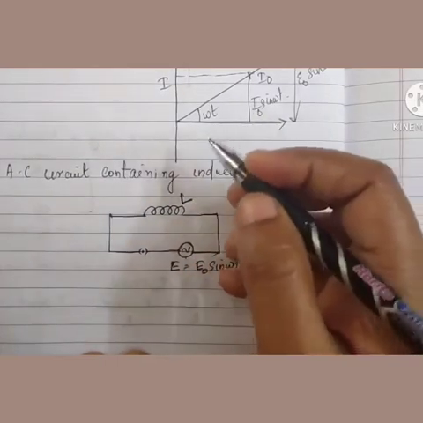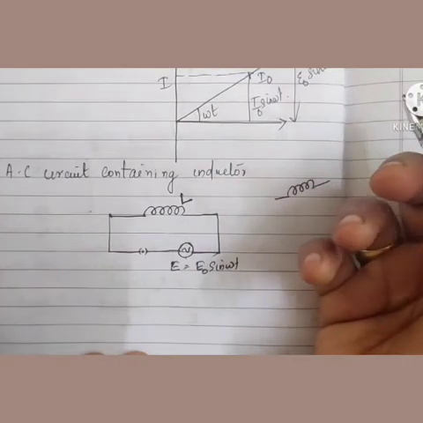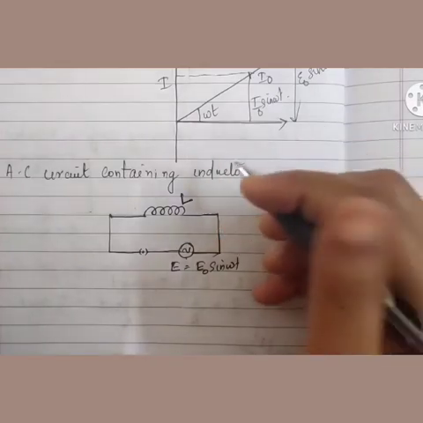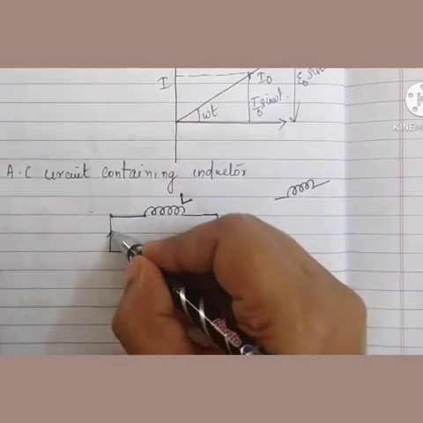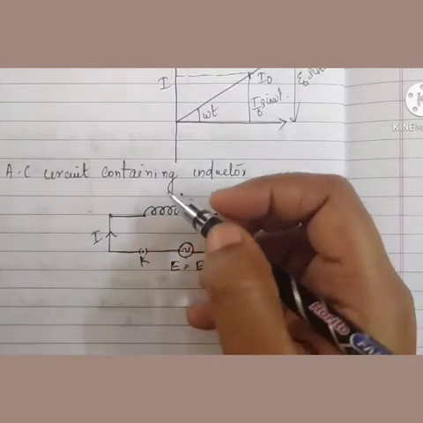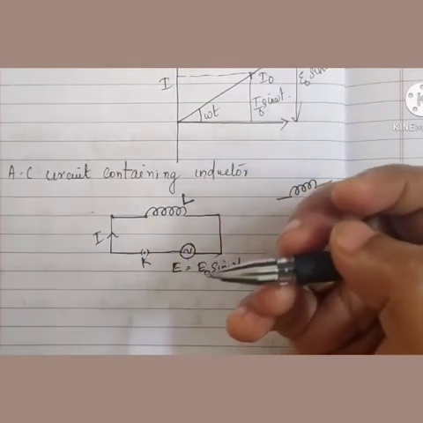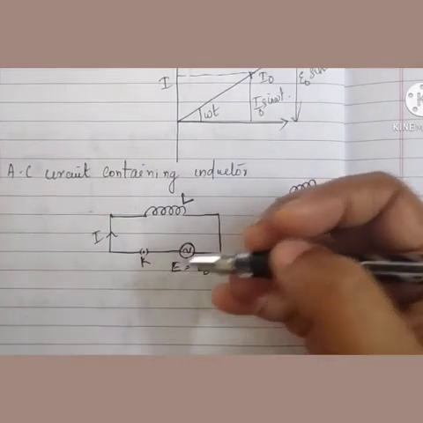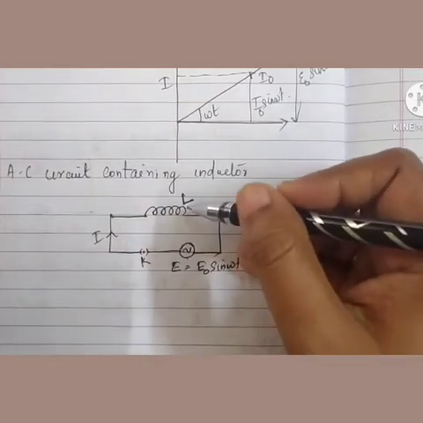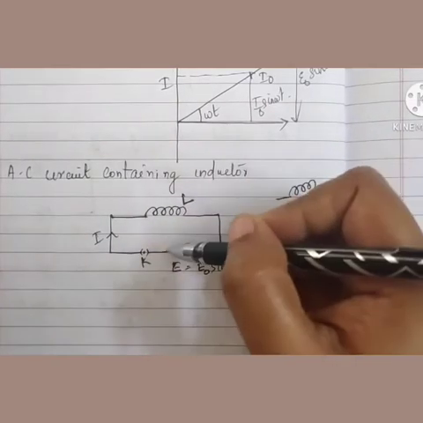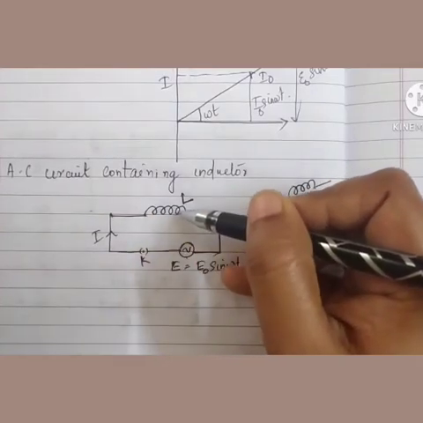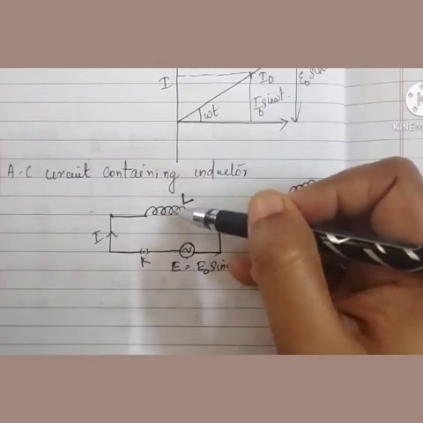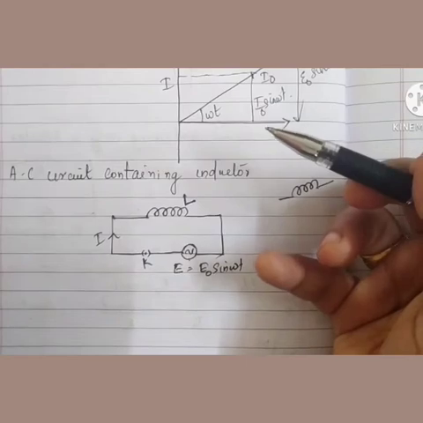In the previous circuit we have seen it is a purely resistive circuit, resistance only circuit. This is an inductor only circuit. Clear? So current flows through the inductor. Now the second step is you have to write the expression for EMF. Here you know it is an inductor, and when current flows through the inductor, what will happen is this inductor or this coil itself creates an induced EMF, which we call self-induction.